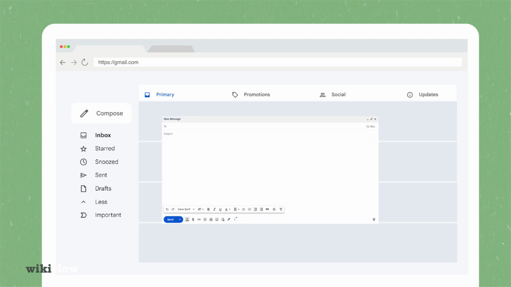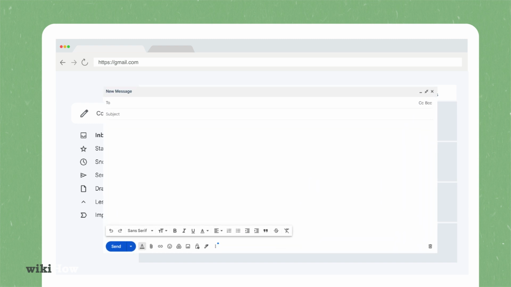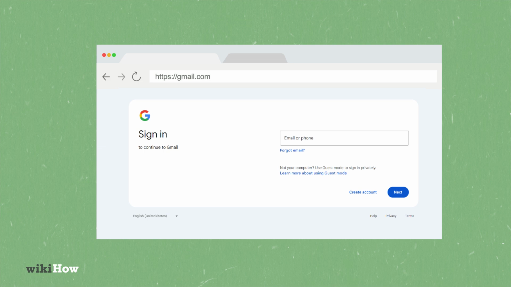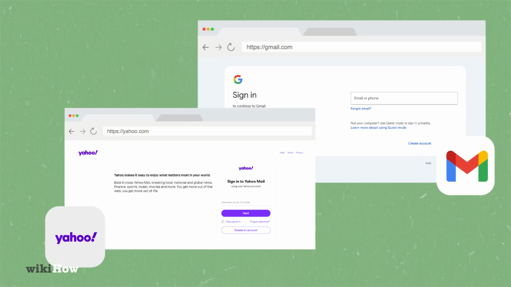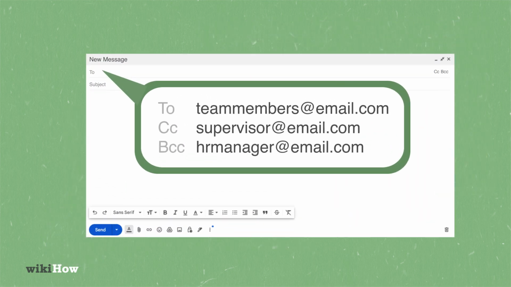Writing an email can feel overwhelming, but following a general format can simplify the process. First, ensure you have an email address from a free provider like Gmail or Yahoo. When composing a new message, enter the recipient's address in the To field and use CC for others who should